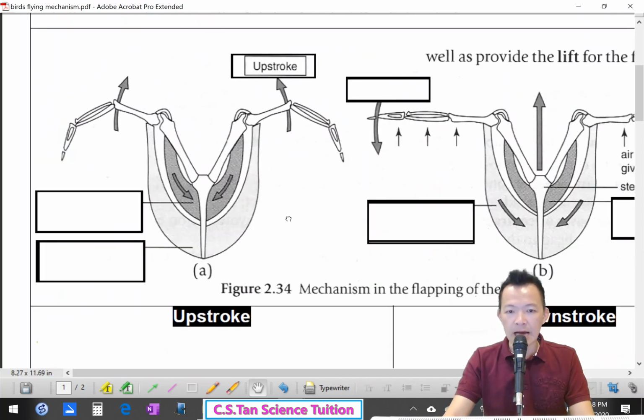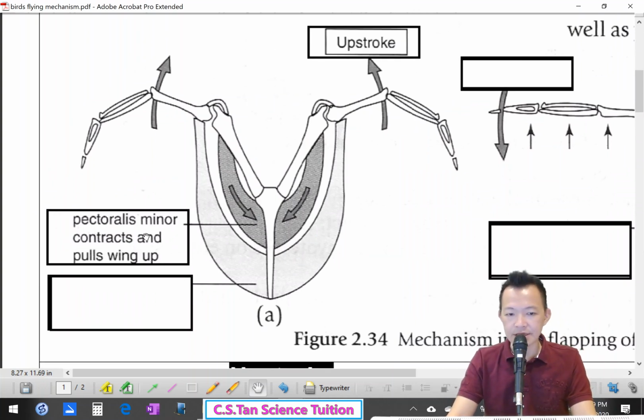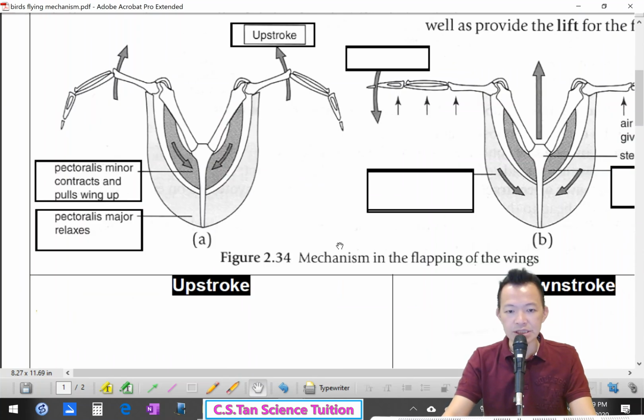So what happens during the upstroke? 在 upstroke 的时候，什么事情发生呢？When the wings move up, who actually pulls the wings up? 谁把翅膀拉上去的呢？This is the smaller piece of muscle called pectoralis minor. Pectoralis minor contracts and pulls the wings up. 它收缩，把翅膀拉上去。But what happens to the bigger piece of muscle? 这片比较大片的呢，怎样呢？Pectoralis major relaxes, 它就放松。